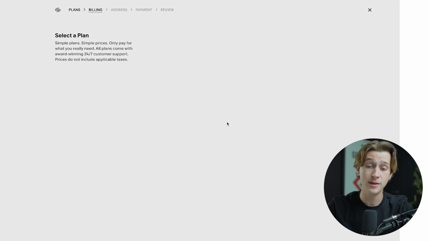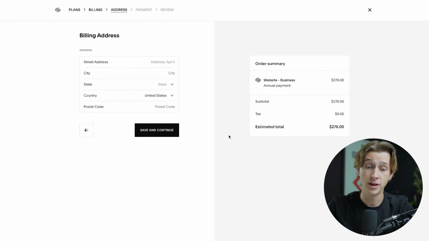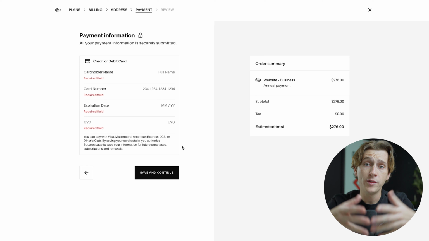I'm going to go ahead and choose the business plan page. I'm then going to pick the pay annually option, which is going to save me quite a bit of money up front. I'm then going to confirm my selection and now enter in my street address, my city, state, country, and postal code. Once you've reached this page, you'll then enter in your payment information, and then you'll want to